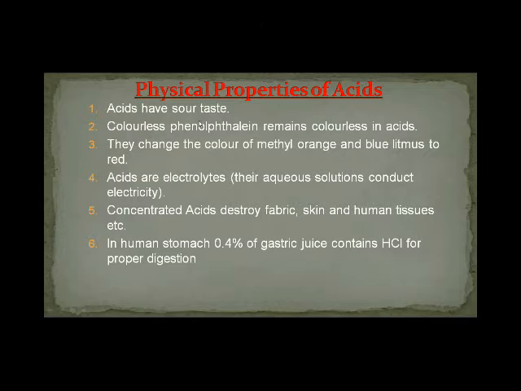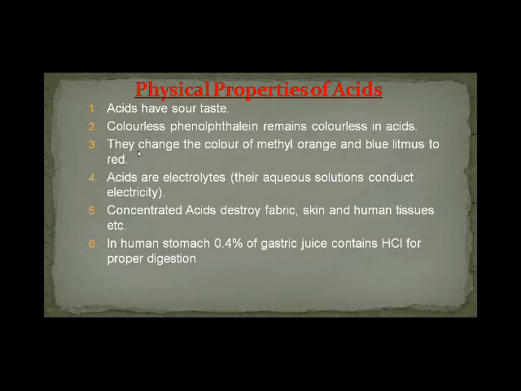In methyl orange, when it shows red, it means it is an acidic medium, and when yellow, it means it is a basic medium. Phenolphthalein is a colorless substance. When it is added into an acid, it stays colorless, and when it shows a pink or slightly red color, it shows a base. And litmus paper is a piece of paper which also helps to identify whether the solution is acidic or basic. So colorless phenolphthalein remains colorless in acids.